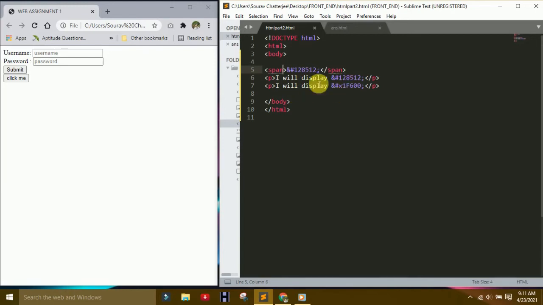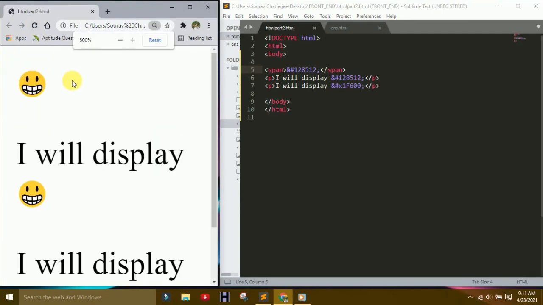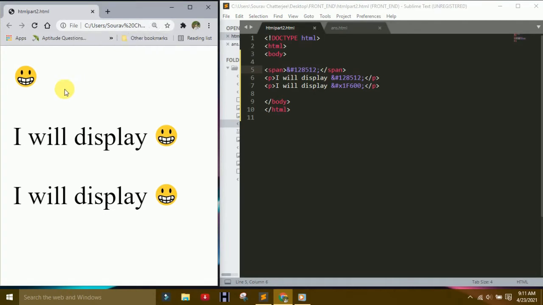Okay, so how to start? Control shift, and you can check here. That increases the size. You understand what is the sub. So that is the emoji. You can use it anywhere with the tag and hashtag, and this is the decimal value, and the same, but this is the hexadecimal value.